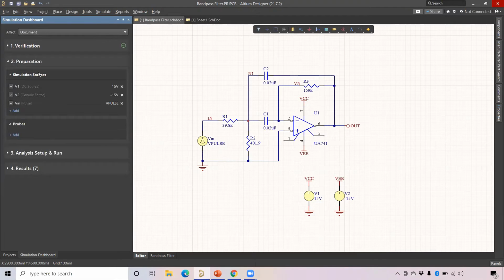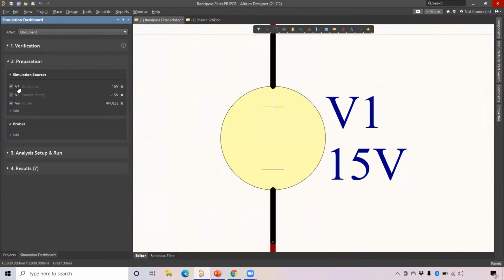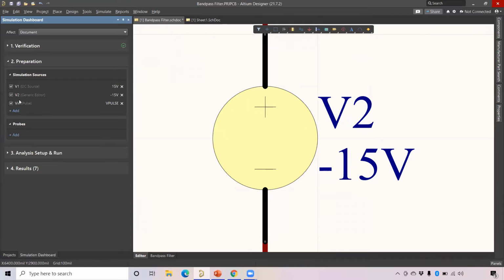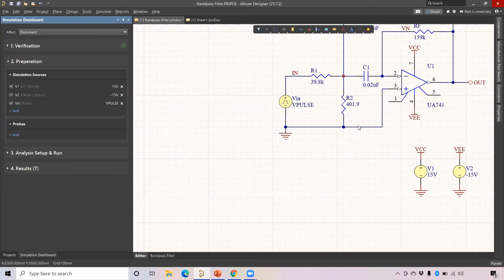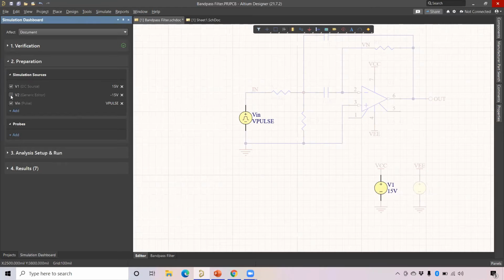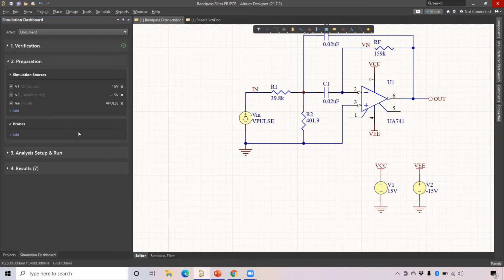When you go to the preparation under sources, you see you have V1, V2, V in source. If you want to highlight, you can zoom into the sources. If you want to disable the sources, you can also disable them just by unchecking here. If you uncheck here, you see they are grayed out. Then you can bring it back by pressing Shift C to clear filter. So the sources are added here. You can enable or